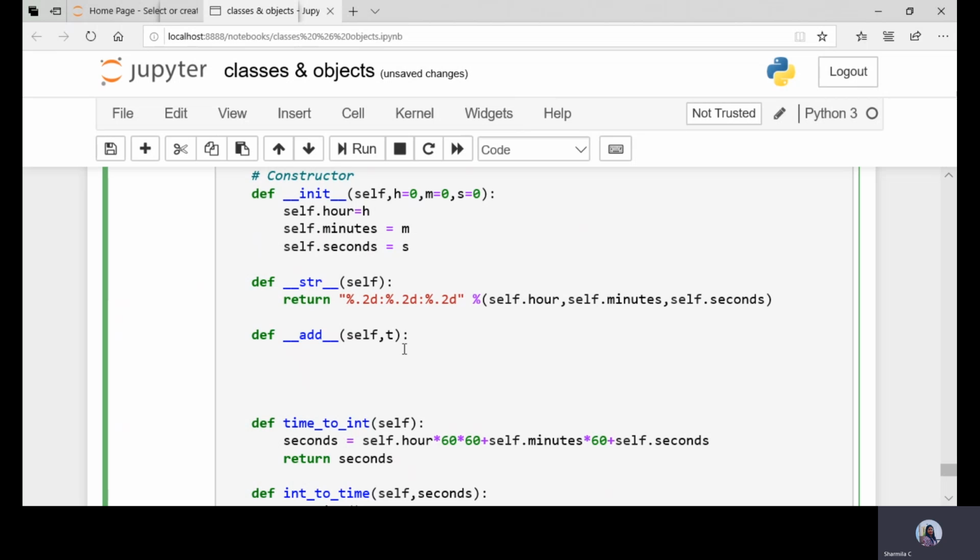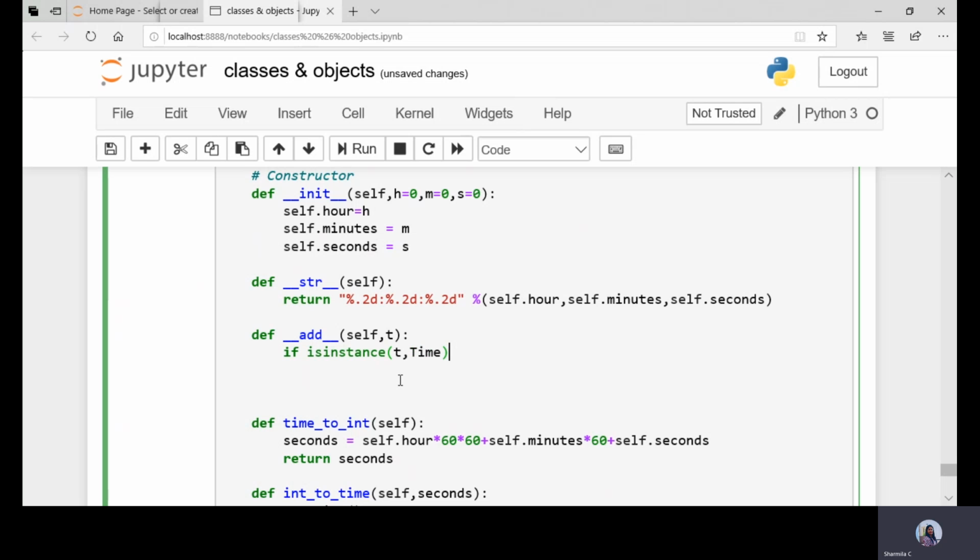So we'll check the condition: self is always a reference to the object, but t in the first case is an object, in the second case an integer value. So if t is an instance of the class Time, I'm checking the condition.